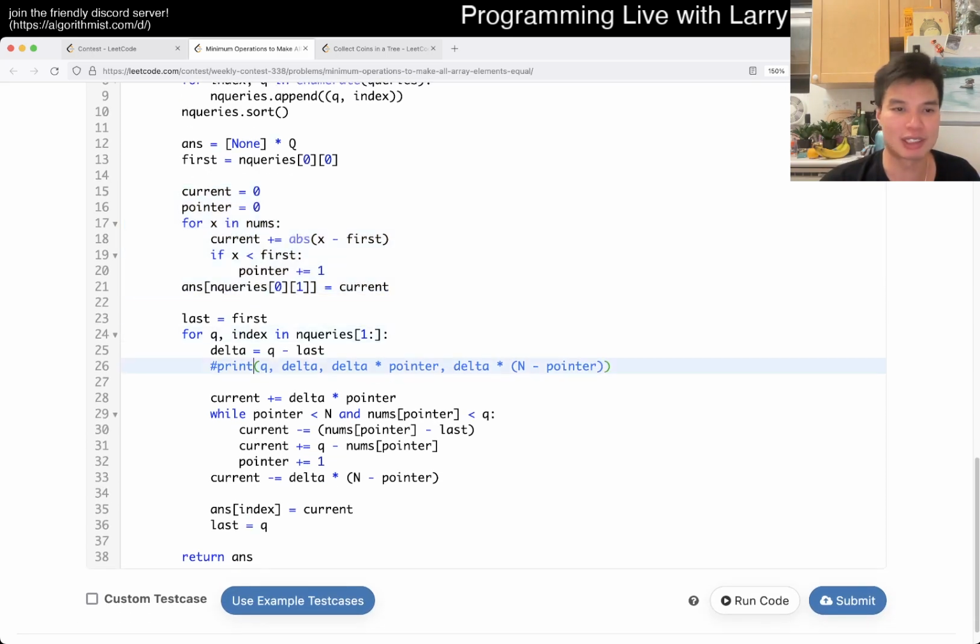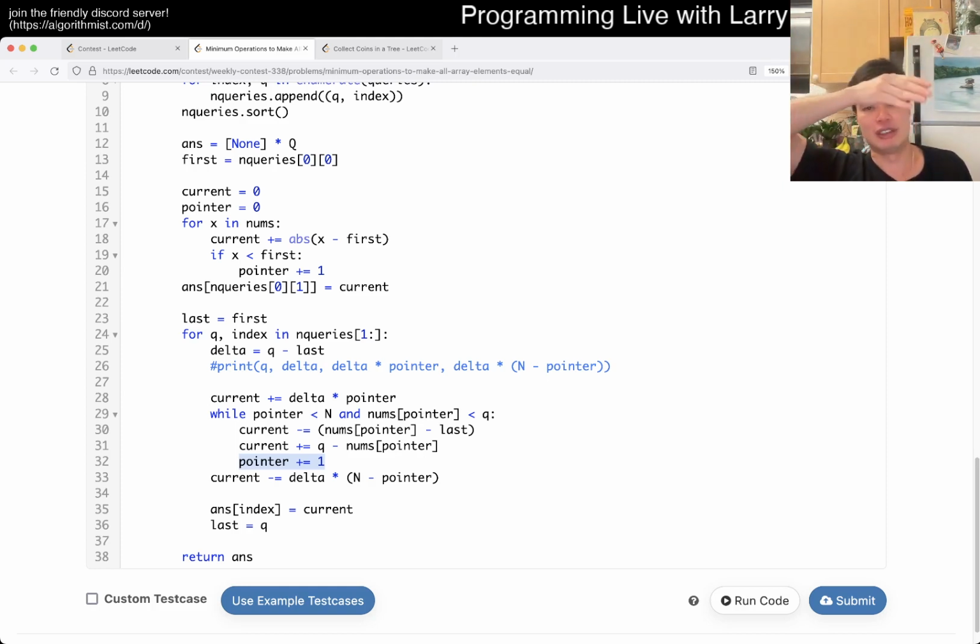And then next is just calculating all the deltas, right? So this is the last thing. So this is the delta between the last two lines that we drew as we shift up. And then here, as we said, we add the rectangle that is now increasing, right? And then here, we just do the math on the rectangle, on the numbers that are in between the two queries. By definition, of course, and as an invariant, this will hold for the last thing. So we subtract it from the last query, and then we add it to the new query, and then we move the pointer to the right,